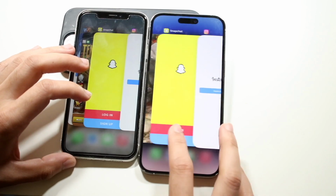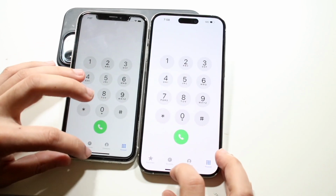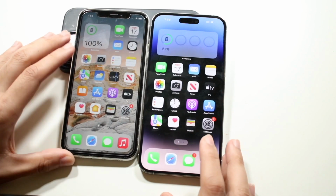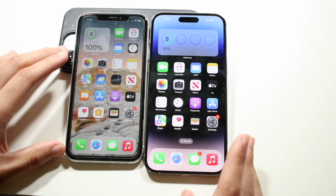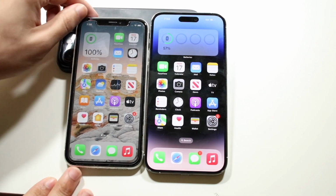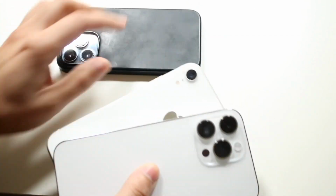So when it comes down to it, you're definitely getting a faster phone with twice the amount of RAM, with a long-lasting feature ahead of it. I mean, the 14 Pro Max is definitely the better phone here, and even games and stuff I played were better on the 14 Pro Max. So I guess we'll see how the XR ages, but from speed, definitely the iPhone 14 Pro Max is faster. Now in terms of the camera comparison,